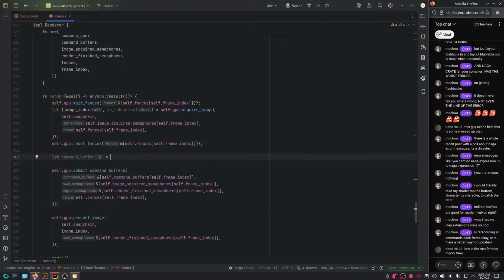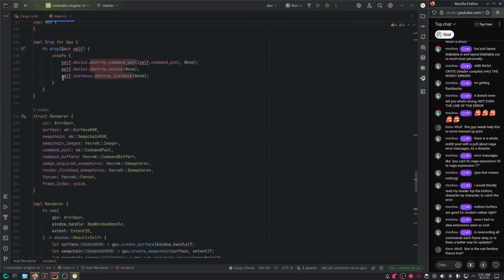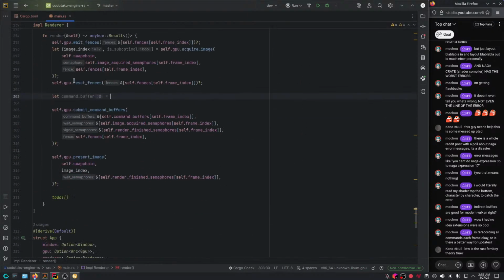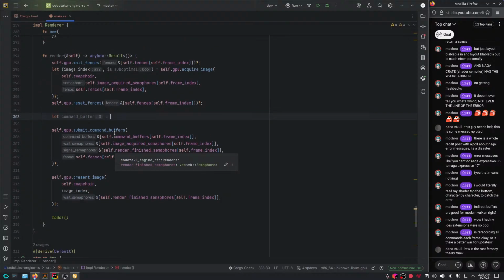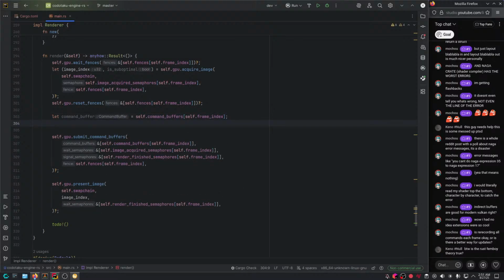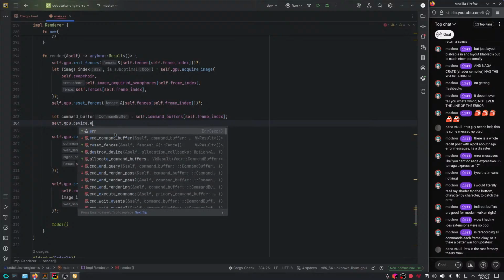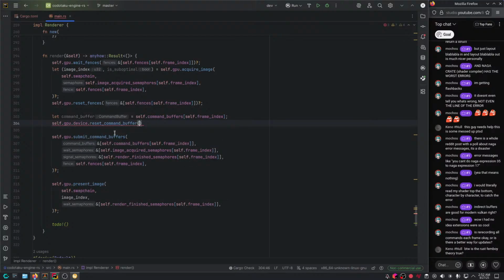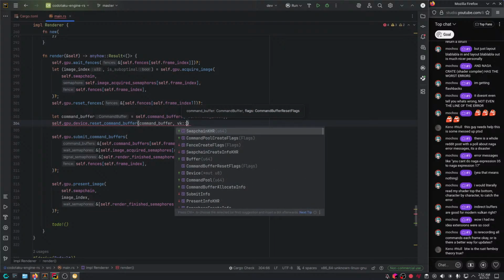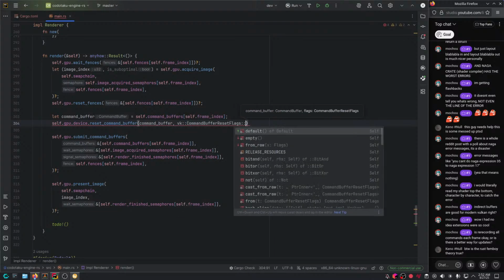Now we actually gotta record the command buffer, and we're gonna cheat here. We're not gonna make a whole other GPU function for now. We're just gonna cheat real quick. We're gonna say self.command_buffers, right? self.frame_index, and then we're gonna reset that command buffer. Well, yeah, we have to use self.gpu.device reset command buffer. Command buffer here, we're gonna say command buffer reset flags.